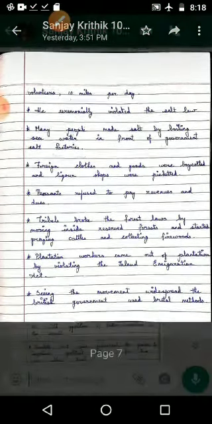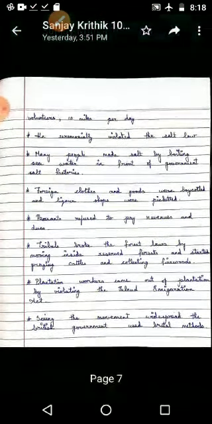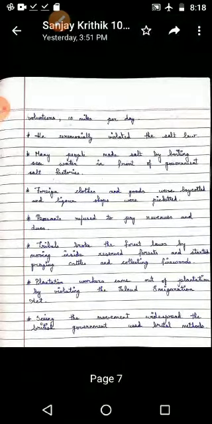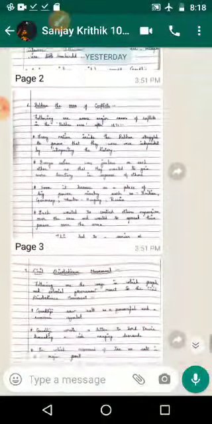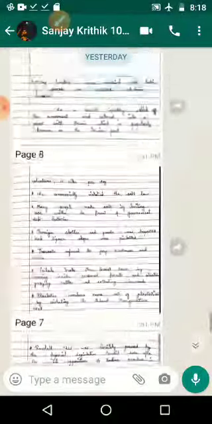Why does it look like a big answer? Because in between every major point or sub point he is keeping one line empty. So we feel that this is a much bigger answer. Page number 8. Then the conclusion. As a result, Gandhiji called off the movement and entered into a pact with